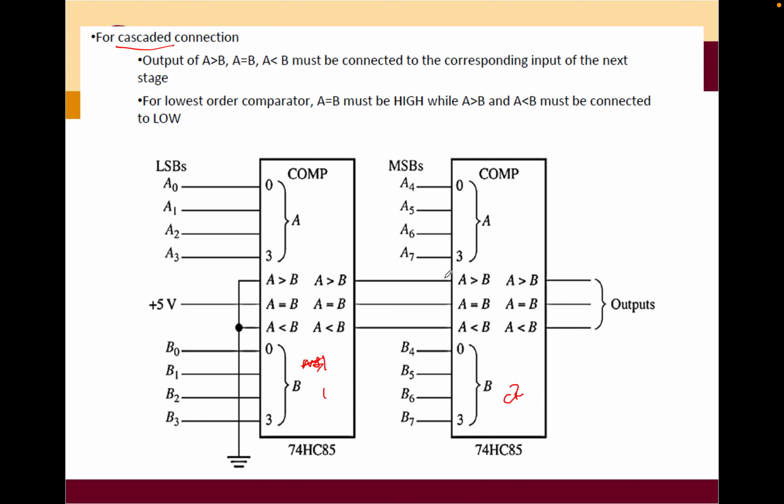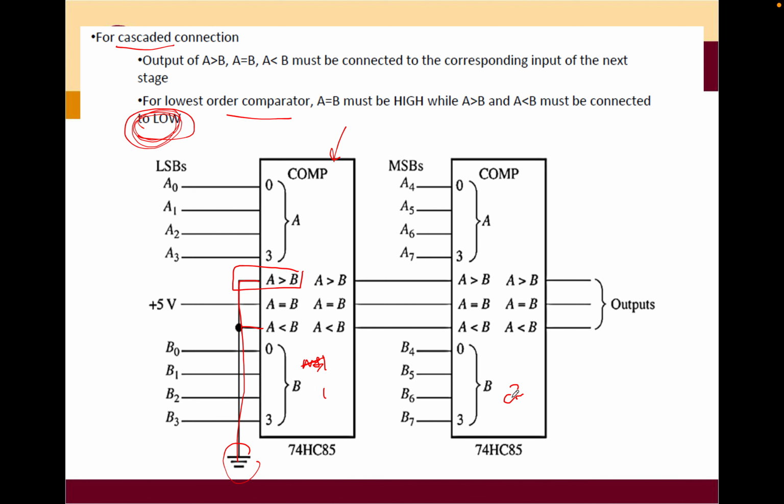So you just fill in the value there, but you need to know what the connection is. For chip number 1, A more than B needs to connect to the ground. It asks you to connect to the load there. The lower order comparator, which is this one, chip number 1 is the lower